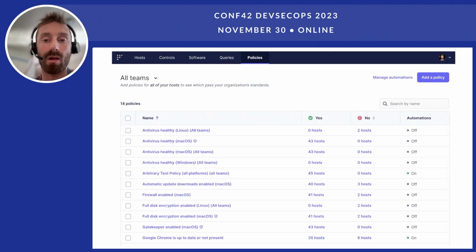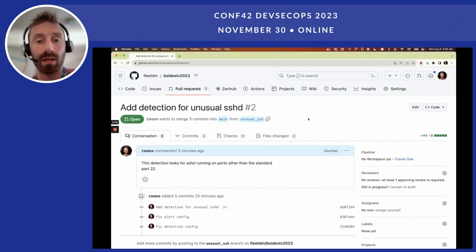And we talked about policies a little bit, but again, Fleet provides a way to define organizational policies that we have and allow us to keep track of the compliance across our hosts. This is also a good example of where automations can be enabled so that we can start triggering into other systems to do response to policies that have failed. And what I'd like to do now is show a bit of a demo of what